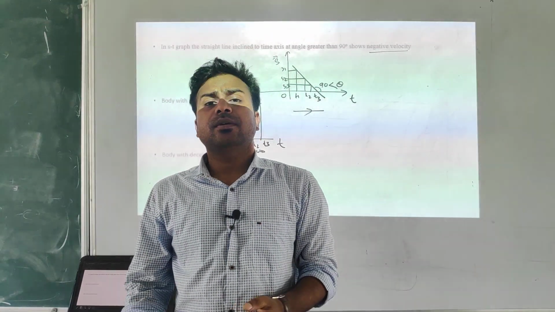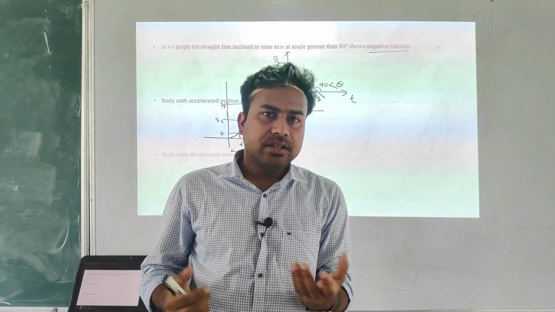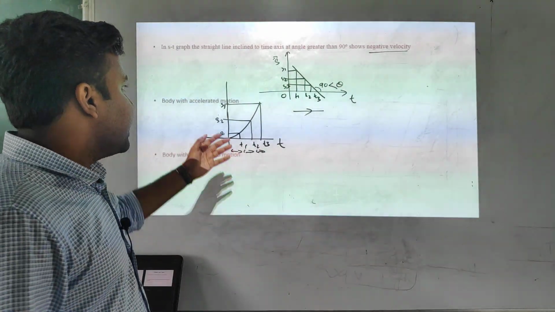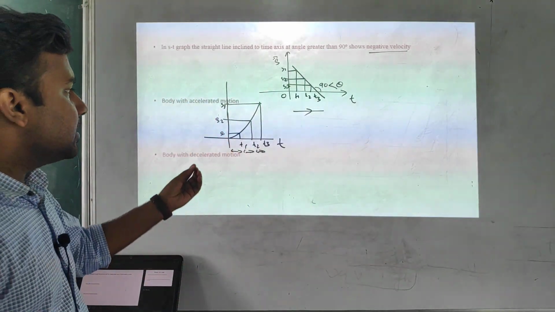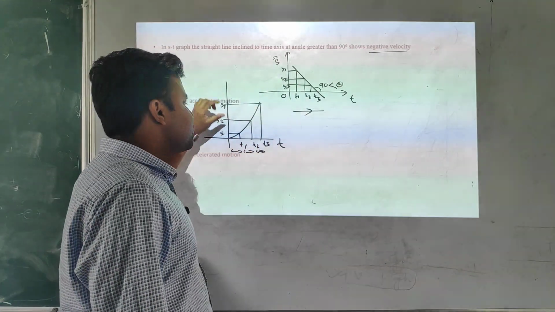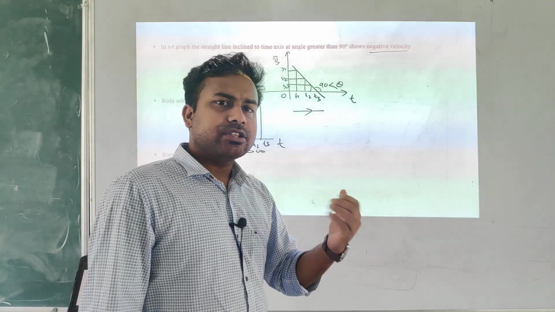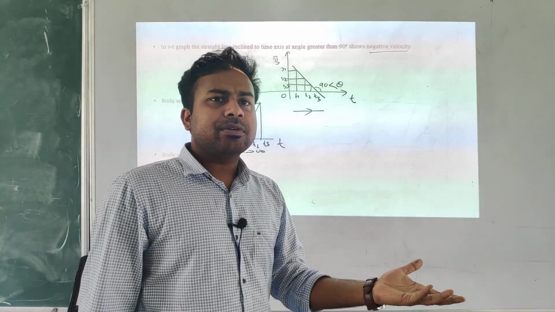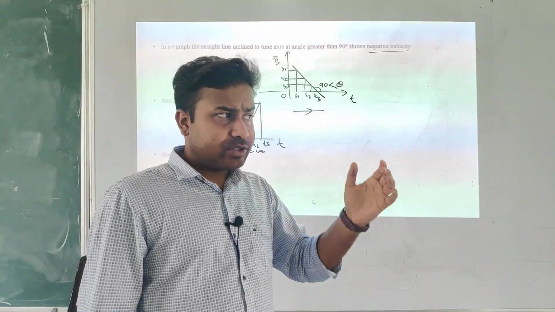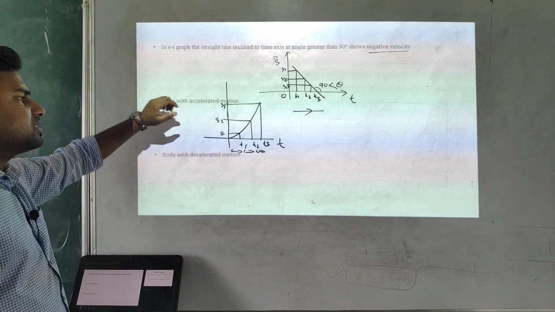What happens if you press the accelerator in your car? Your car starts moving faster, is it or not? Same thing is happening here, students. This is an example of accelerated motion. It means even if you take the same time interval, you will find the displacement changes more. Like you are moving at 10 kilometers per hour, now you press the accelerator and your speed is 20 kilometers per hour. After that, in 1 hour you can cover 20 kilometers distance, is it or not? So that's the example of accelerated motion.